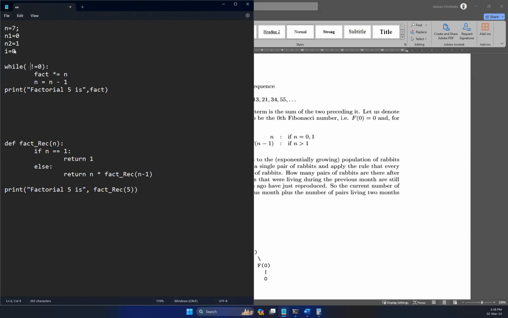While i is less than n, I want to get the total. While i is less than n, let's say the next number is equal to